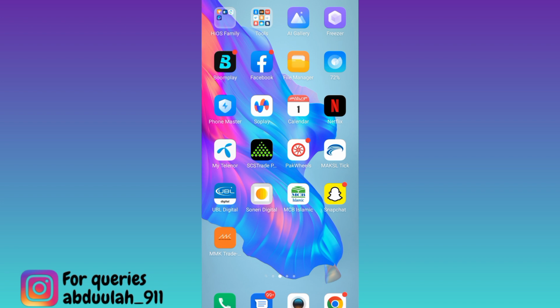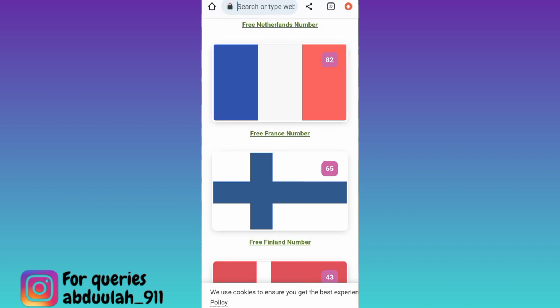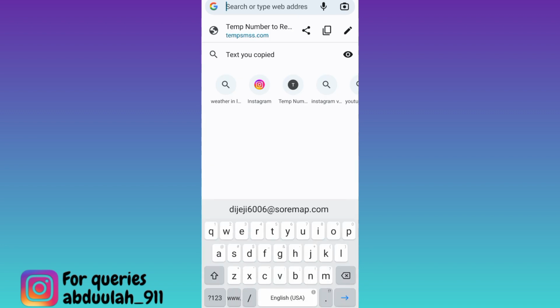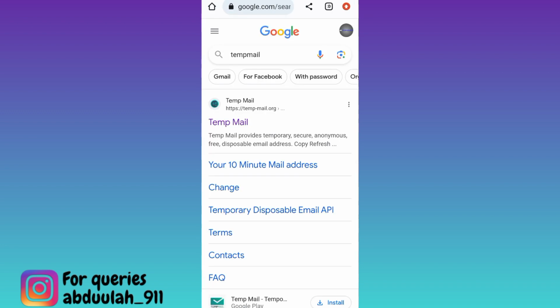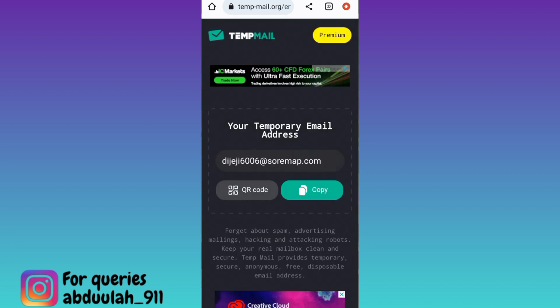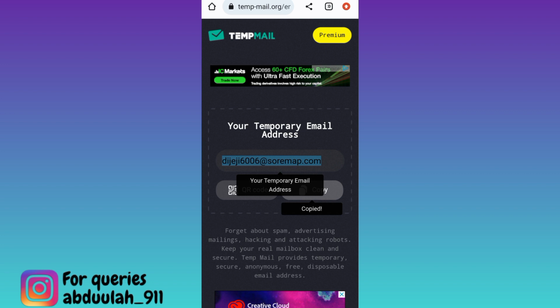So in order to create unlimited Snapchat accounts without providing your original phone number or email address, what you need to do is to open your internet browser and in the search bar, you need to type temp mail, click on search, then click on this first link and wait for a few moments. Once the temporary email address is created, click on copy and using this email address, you need to create your